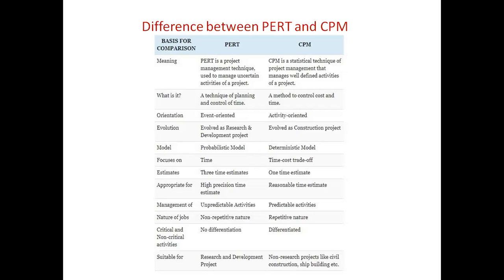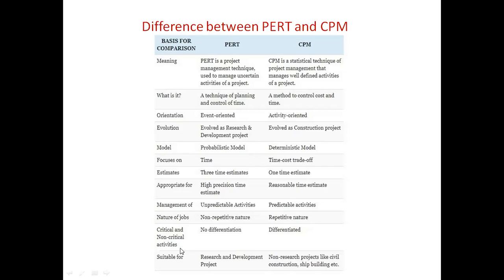Every time a new unique project will be taken, and planning, controlling and scheduling, everything will be unique and different. So that is why non-repetitive projects use the PERT technique. Repetitive projects will use the CPM, because repetitive means the activities of the project, their execution, and the things that happen during the execution, everything is well defined. So that is why repetitive projects use the CPM technique.